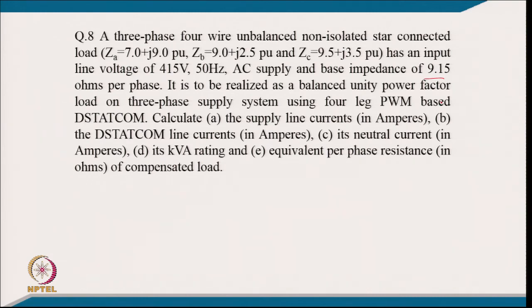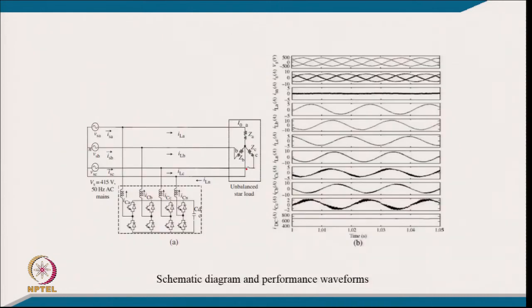Calculate the supply line current, then DC STATCOM current, neutral current, and kVA rating and equivalent resistance per phase of the compensated load. Typically we have a 4-wire unbalanced load, and we are using a 4-leg voltage source converter which provides neutral current compensation, load balancing and unity power factor on the load. After the proper design and control we have 3-phase voltage and 3-phase supply current which are at unity